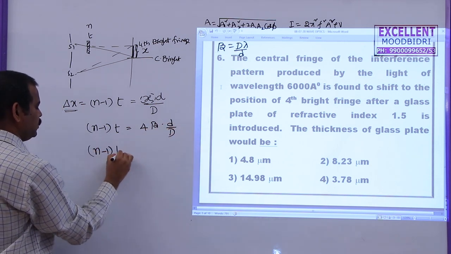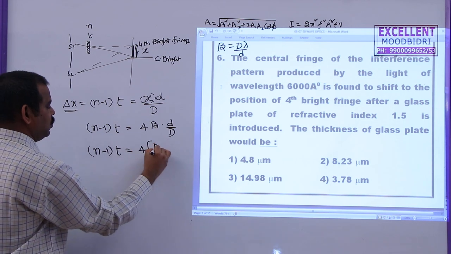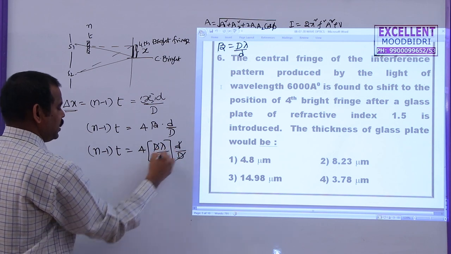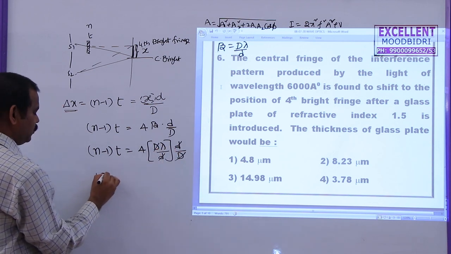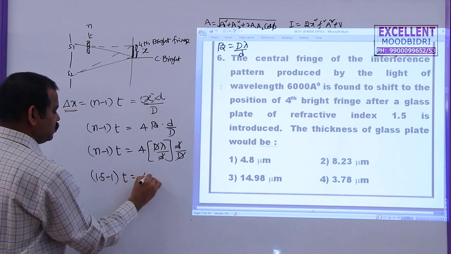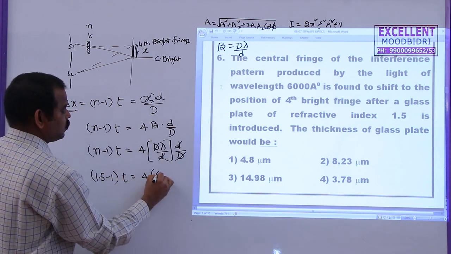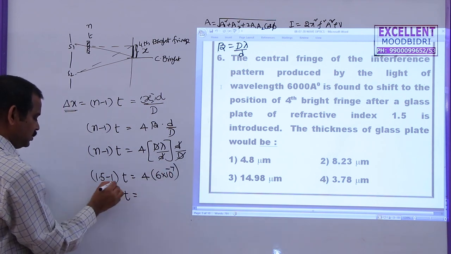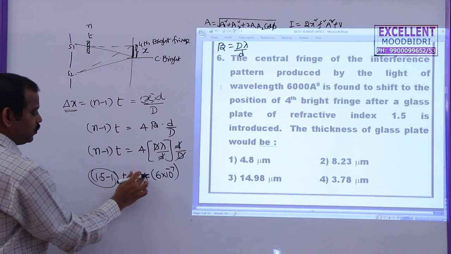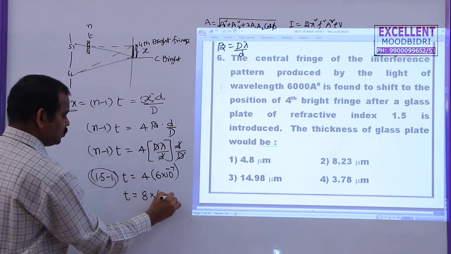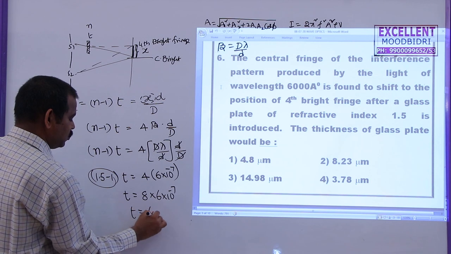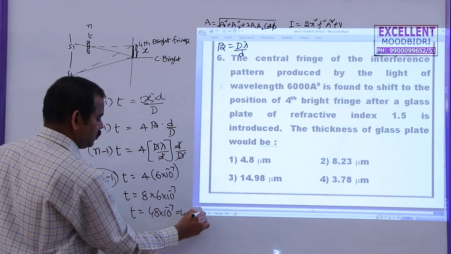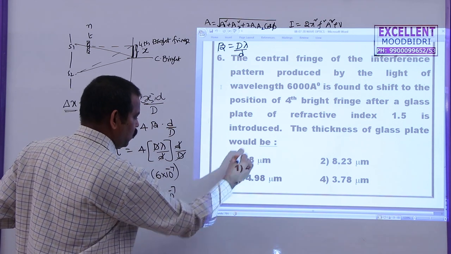So, n minus 1 into T is equal to 4 into capital D lambda by small d, into small d by capital D, these two get cancelled. So n is equal to 1.5, minus 1, into thickness T is equal to 4 lambda. Lambda is equal to 6000, or 6 into 10 power minus 7. So this will become 0.5, that is nothing but 1 by 2. When it goes this side, this will become 8 into 6 into 10 power minus 7. T is equal to 48 into 10 power minus 7, or 4.8 into 10 power minus 6 meters, or 4.8